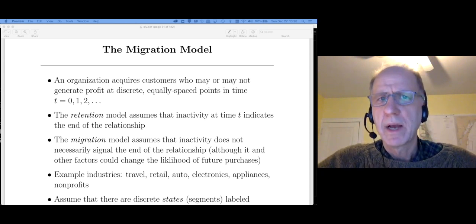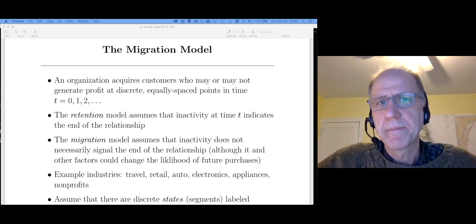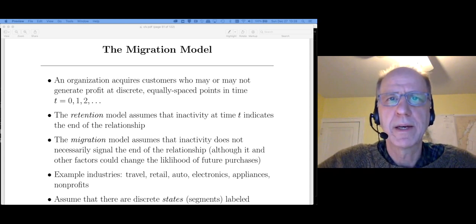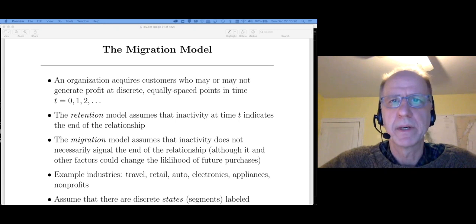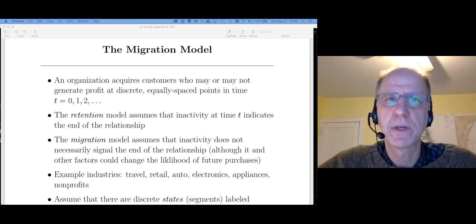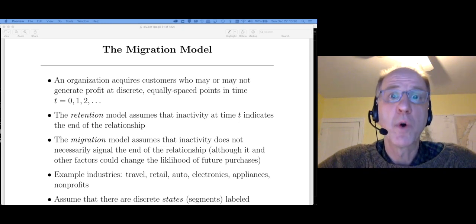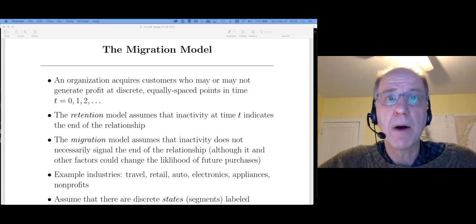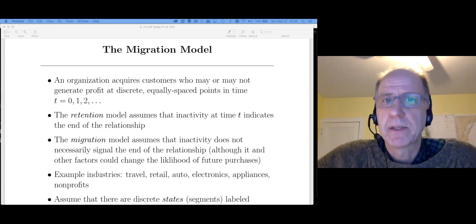And we've already studied things like the simple and the general retention model and using survival analysis to study those situations. Now, always a share, on the other hand, makes the assumption that customer inactivity during a certain period doesn't mean the relationship is over. So if this is a retailer, if I don't buy from Eddie Bauer this month,